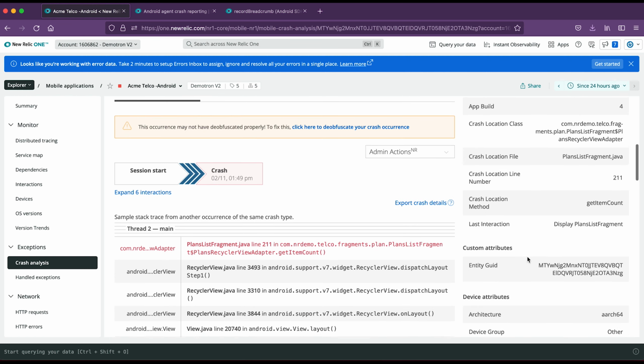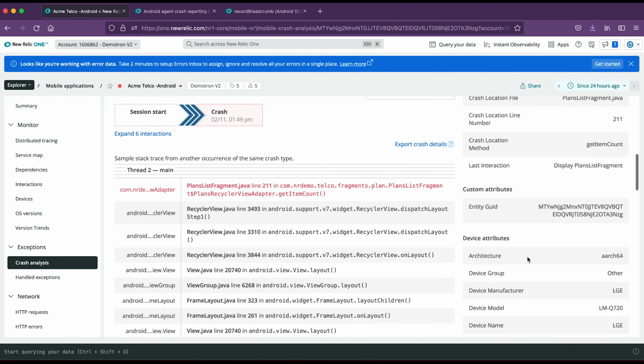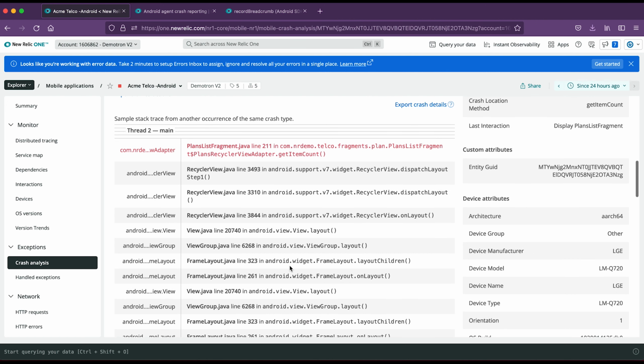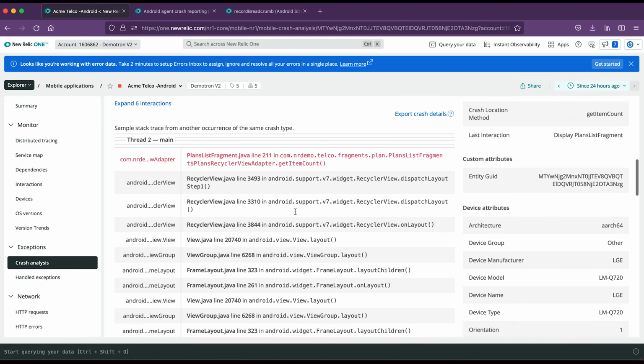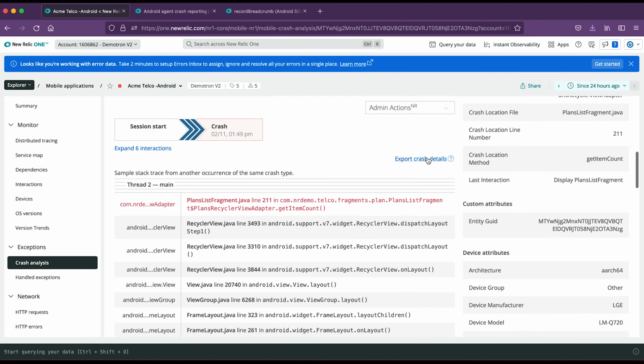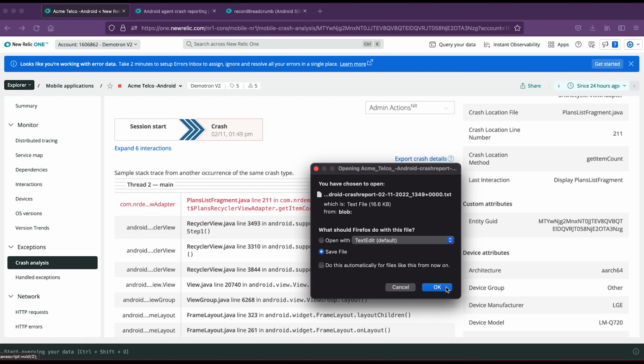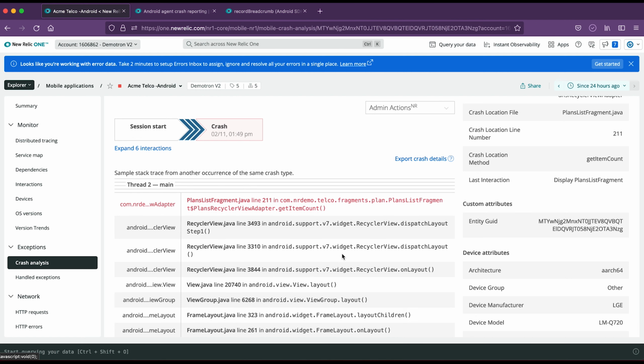As we scroll down, we are going to see the stack trace. This is probably the most important information for an engineer troubleshooting the issue. We highlight where the crash happened. Also, the full stack trace can be found here. If you prefer, you can download the stack trace to a local file so that you can check it locally.